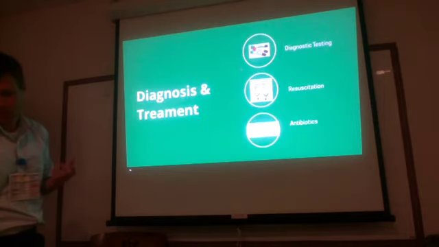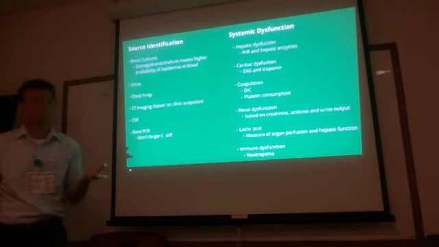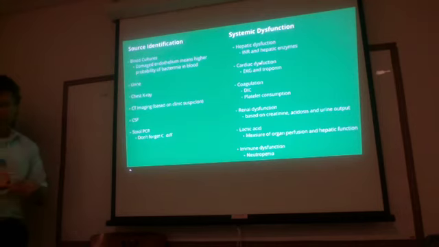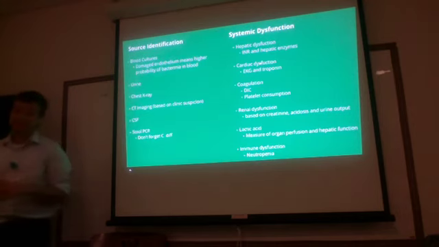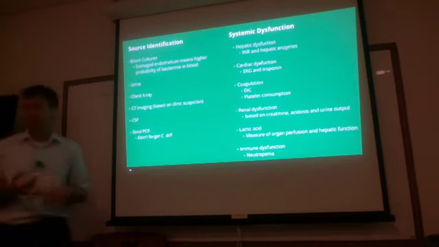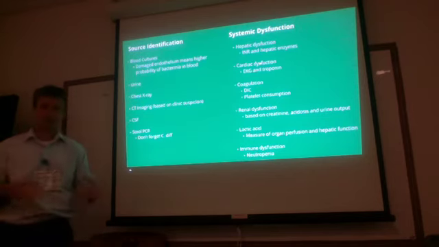So what do we do about it? Well, we do a bunch of diagnostic tests, and we can run through these so we know what we're doing and why. One goal is to figure out where the source is, and the other goal is to see if we have systemic dysfunction. So we get blood cultures, and we don't get blood cultures because bacteremia is causing us to be septic. So bacteria in the blood is causing us to be the way we are.